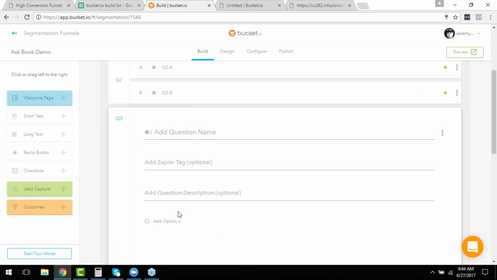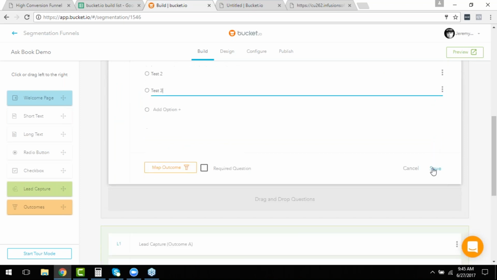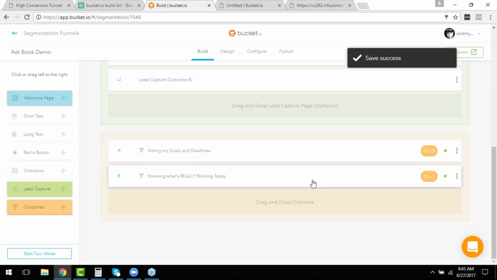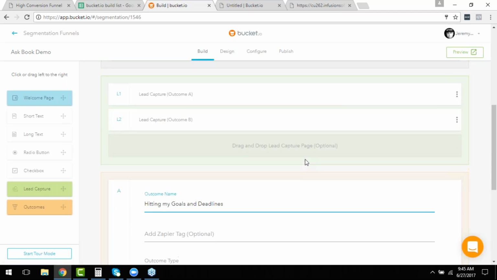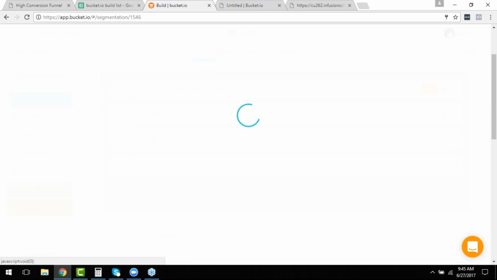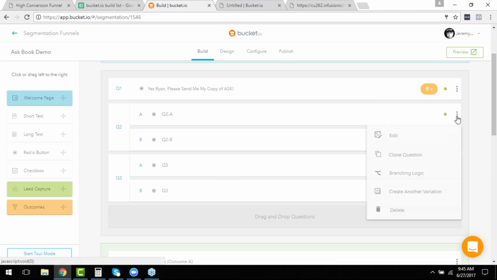So we'll do Q3. Oops. I don't know why I keep getting pushed down there. The same thing here. Again, all you've got to do if you're going to be adding the variations is just add them on by clicking the